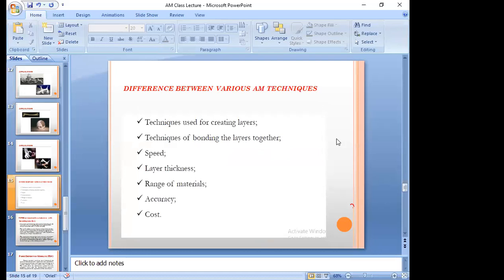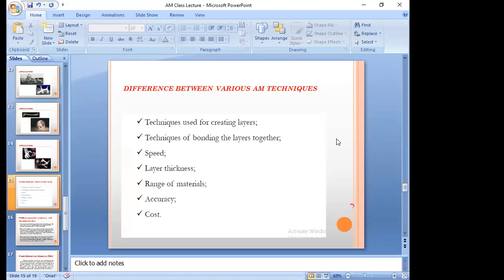It also varies with respect to speed and bond speed. When we produce a particular component, speed is important, that is, the rate of manufacturing. The production engineer or industry always works on productivity.